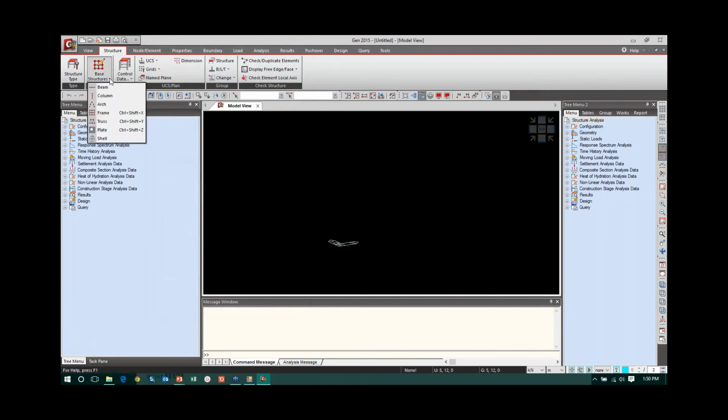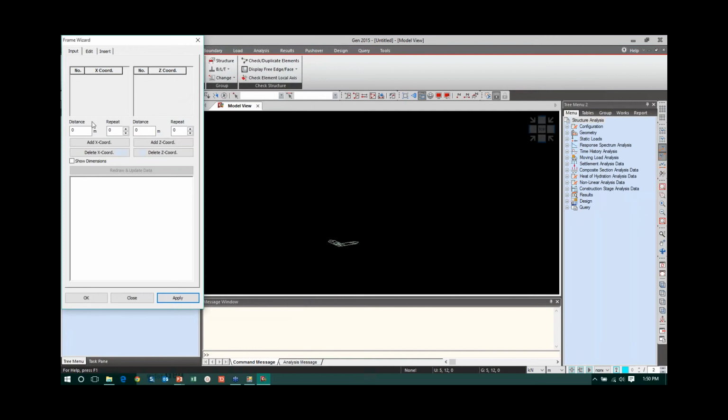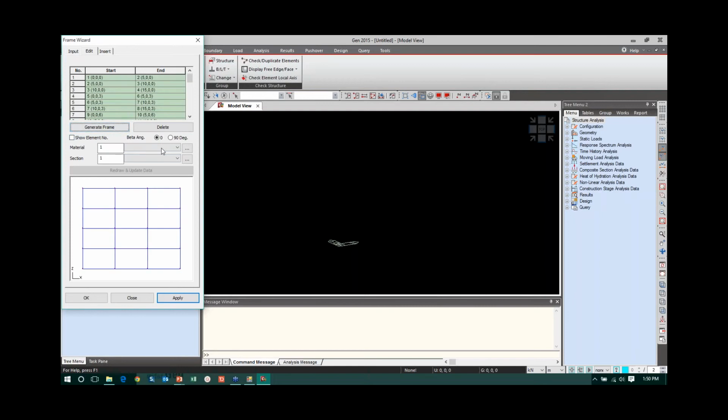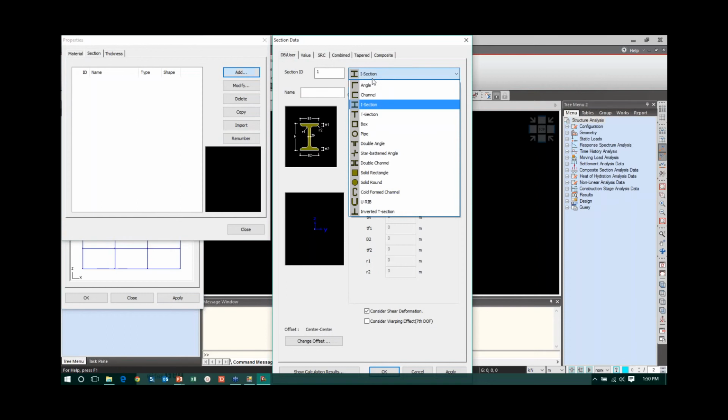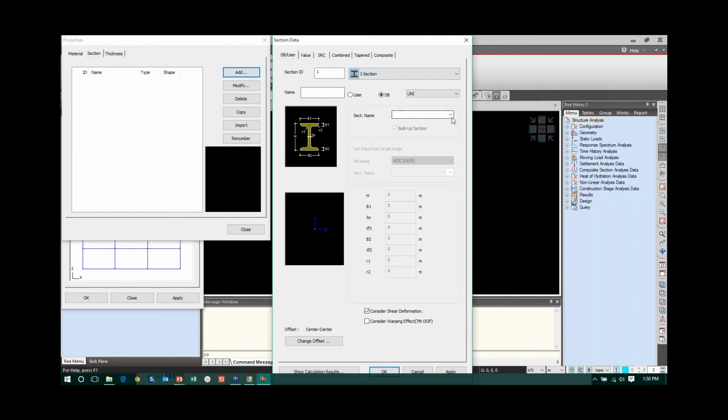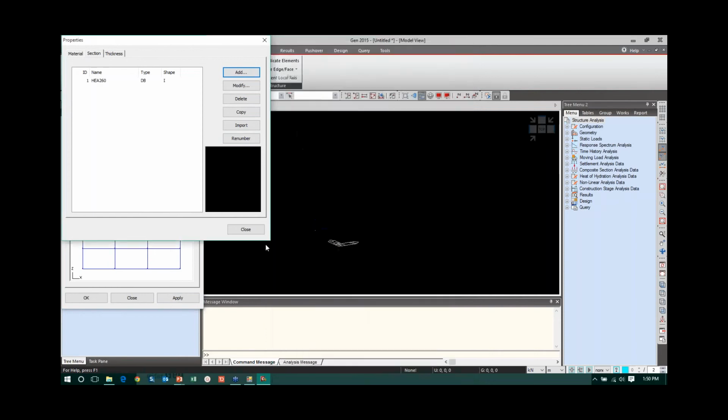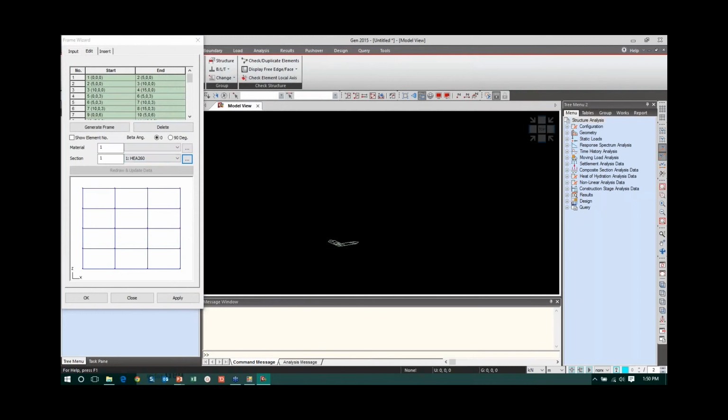Similarly, you can go to the base structure, frame structure. Here if you want to create a floor plan, you can create it directly. Say 5 meters, 3 times I want to repeat. 3 at the rate of 6, 4 times I want to repeat. And then I go to edit, generate frame. So the frame is generated. I define a section property, say it is I section, let it keep it I section, HEA 240. Close and insert.